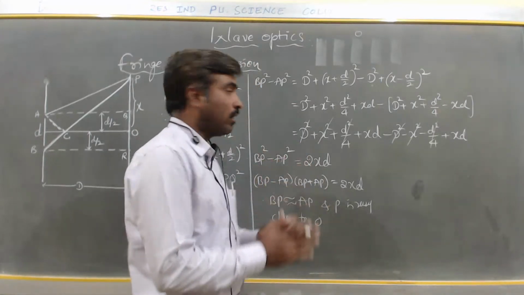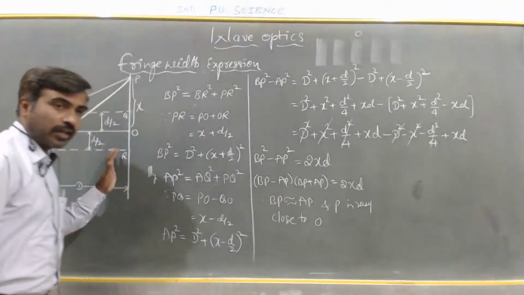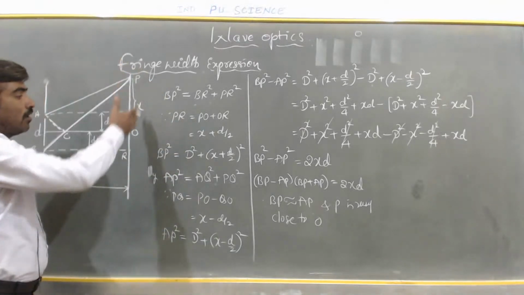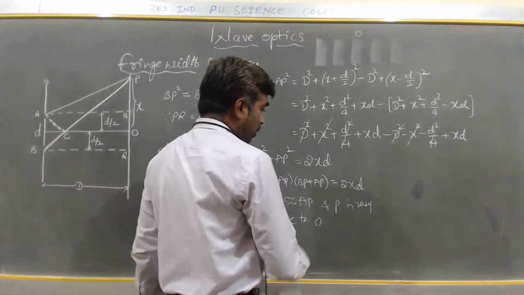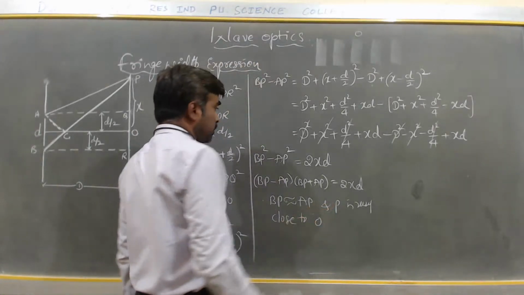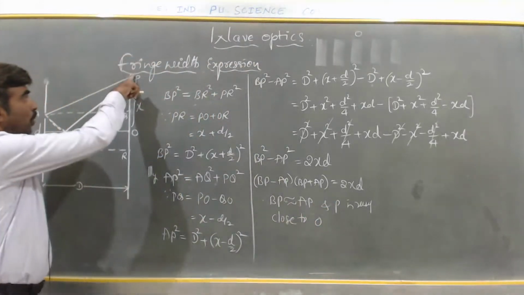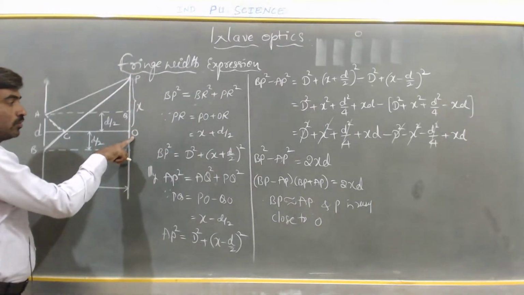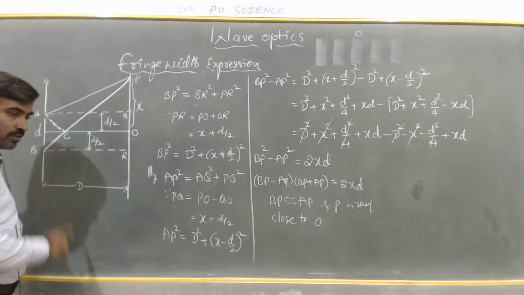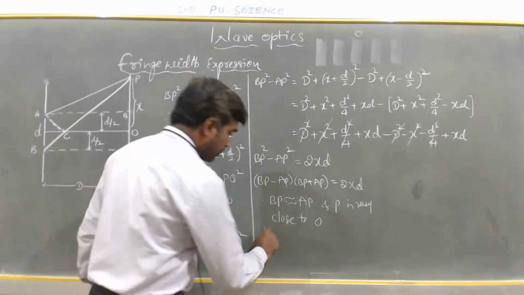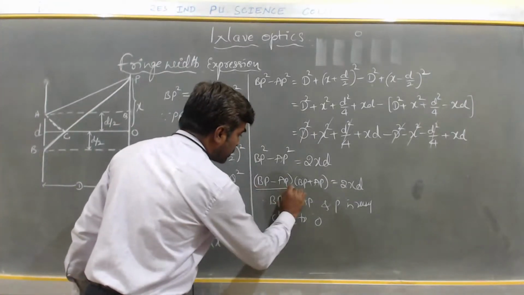Only to explain, we have taken the example of this diagram, keeping P away from O. If O and P are very close, then this point P lies exactly at O. So the distance from A to O and B to O is the same, that is D. Hence, keeping the path difference as it is,